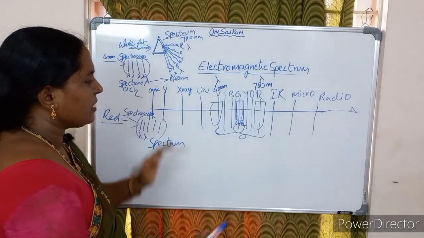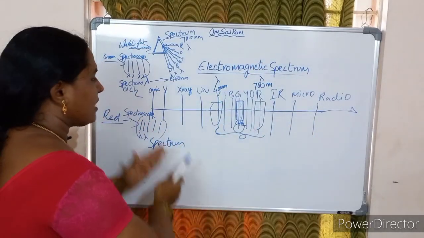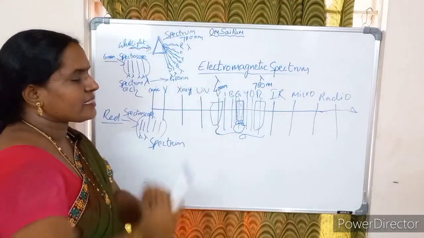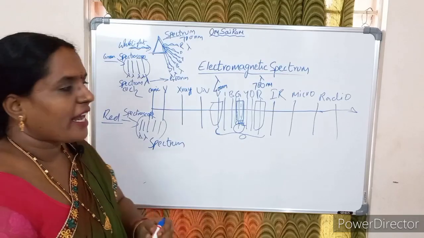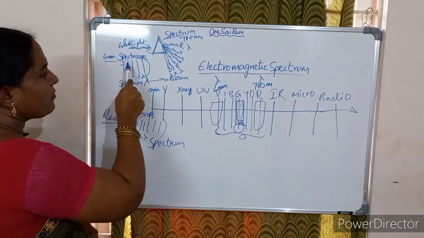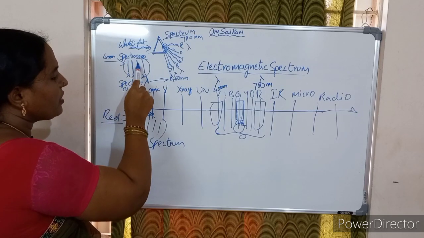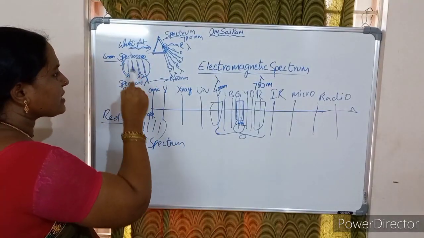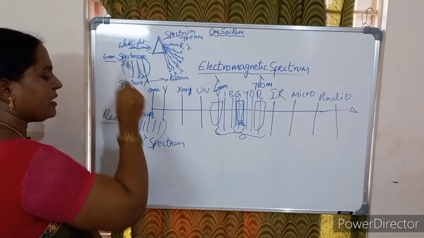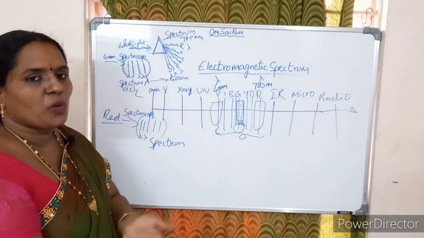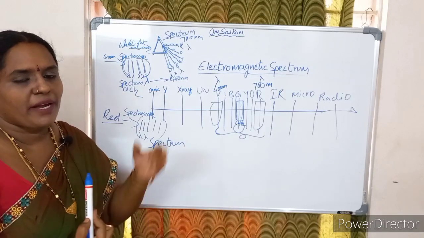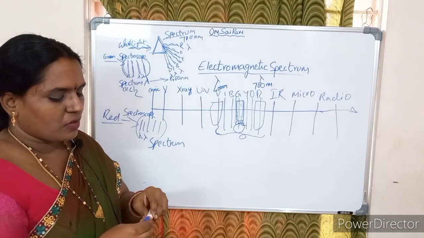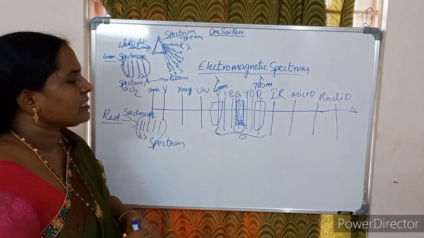What is the electromagnetic spectrum? The entire range of wavelengths. All the electromagnetic wavelengths given here, put together, is called the electromagnetic spectrum. When light is observed under the spectroscope, we can see lines of different wavelengths in that particular light. The combination of different wavelengths is called the spectrum of that particular element. Every element has its own spectrum. By identifying this spectrum, we can know the element. This is about the electromagnetic spectrum.